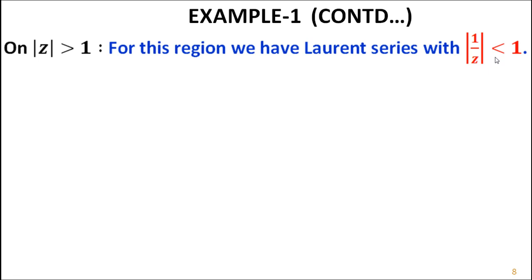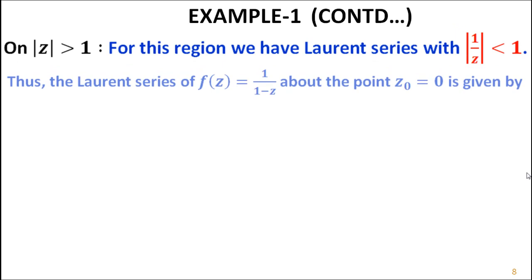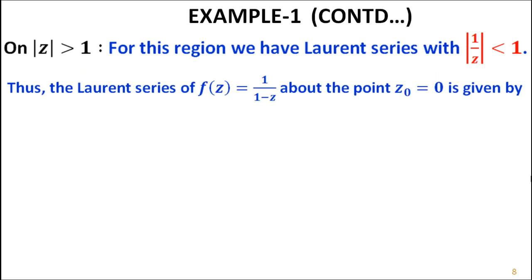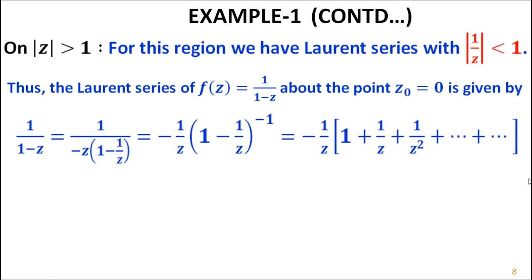To apply the binomial expansions, we need such type of conditions. In further problems also we can do all these things. Since we have mod z is greater than 1, we can write that mod of 1 by z is less than 1. Thus, the Laurent series of f of z is equal to 1 by 1 minus z about the point z0 is equal to 0 is given by